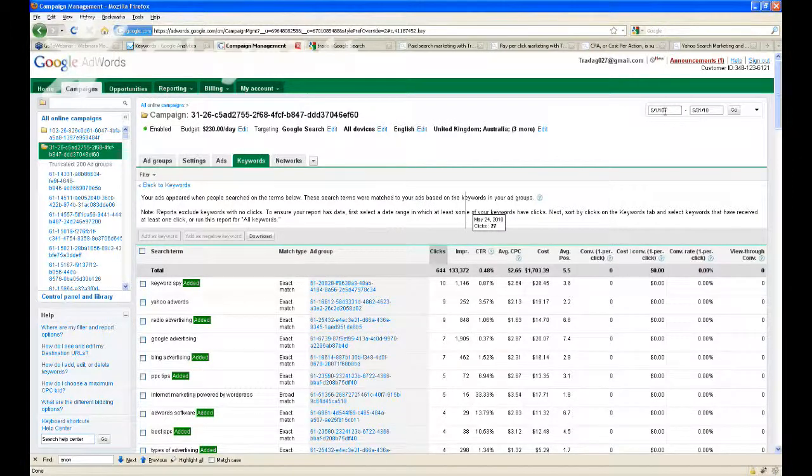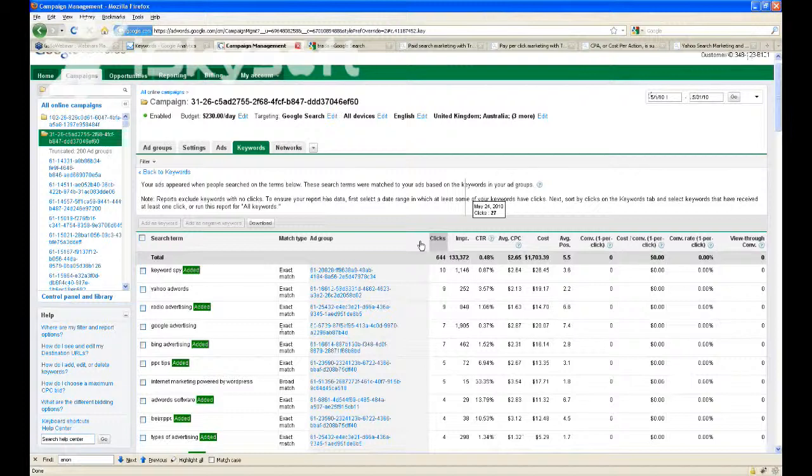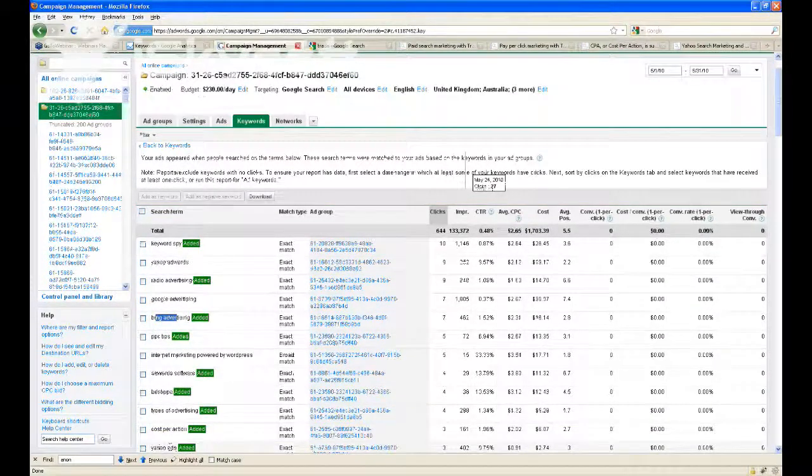Well, what's interesting about this information, if you'll notice, I'm running it for the same time frame, so we're looking at all of May here. What's interesting is that this information is totally different than what we saw in Google Analytics. So people are looking for Yahoo AdWords, Bing advertising, best PPC, down here cost per action, Yahoo ads, lots of very specific things related to different types of advertising, different approaches to advertising, those kinds of things. And what we did is we looked through all of this data, looked at the most common things that people were looking for, and then built specific landing pages dedicated to them.